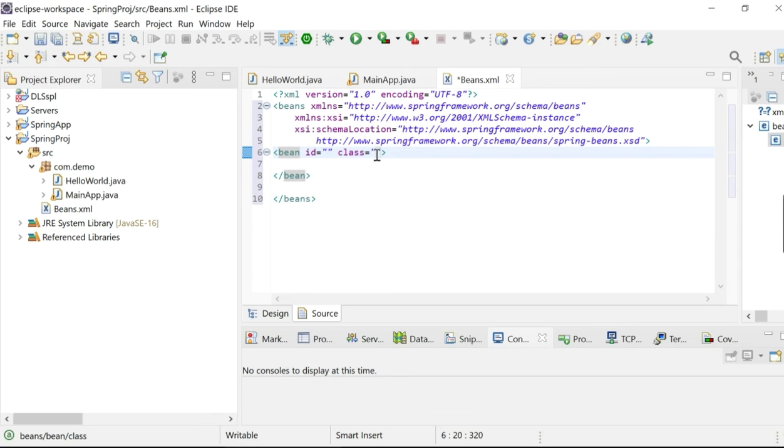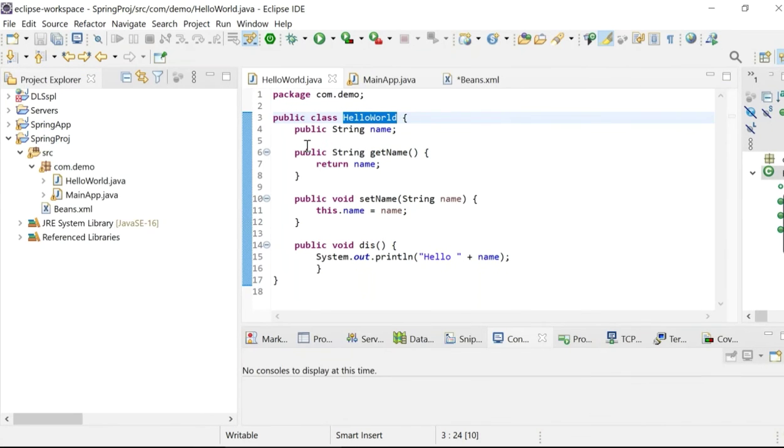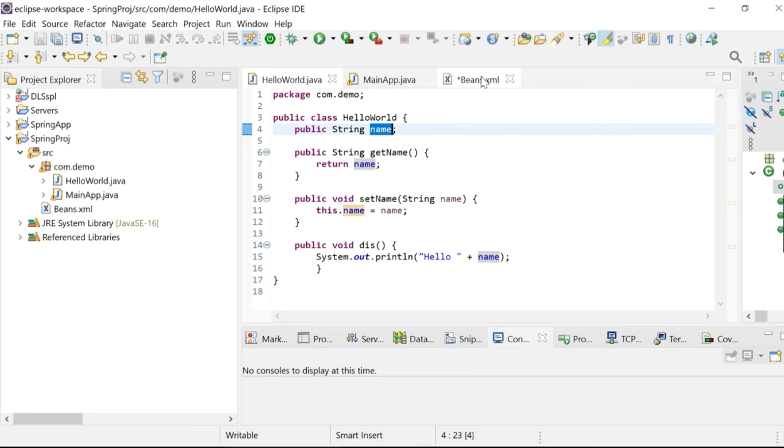We have defined the Pojo class HelloWorld in the package com.demo. So I give the complete path name com.demo.HelloWorld, and I create the object for this HelloWorld. I give the name hello. Now this HelloWorld Pojo class has a variable name, right? So this name should be assigned some value.